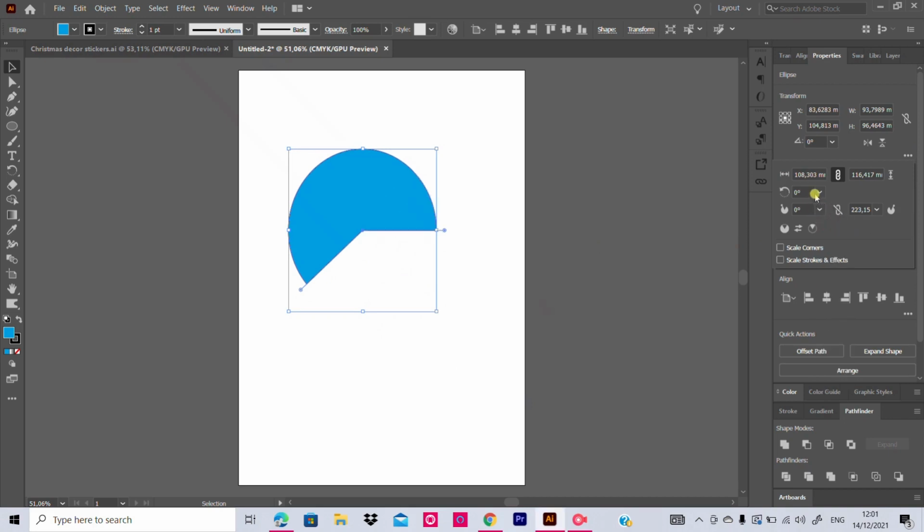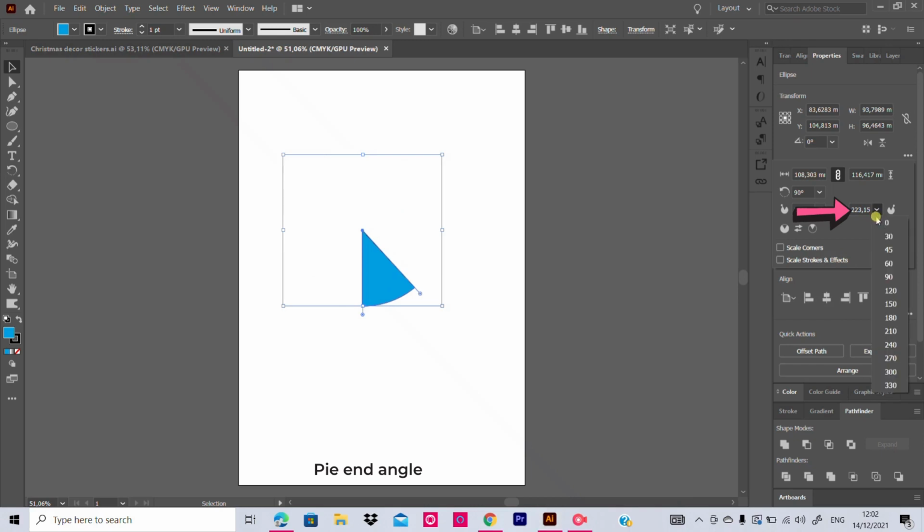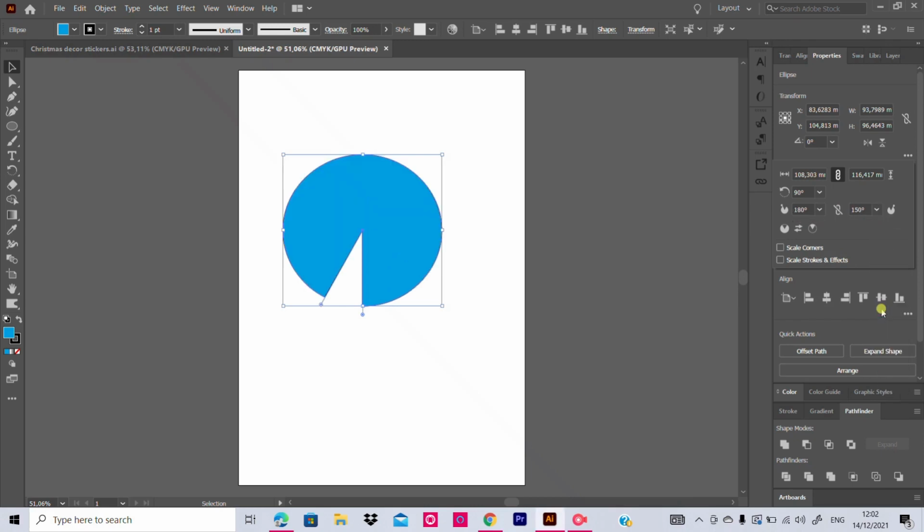If I'm keeping 0, or 300, 270, and this is the other option, that is pie end angle. It means if you want to adjust the pie from the end, you can go here.